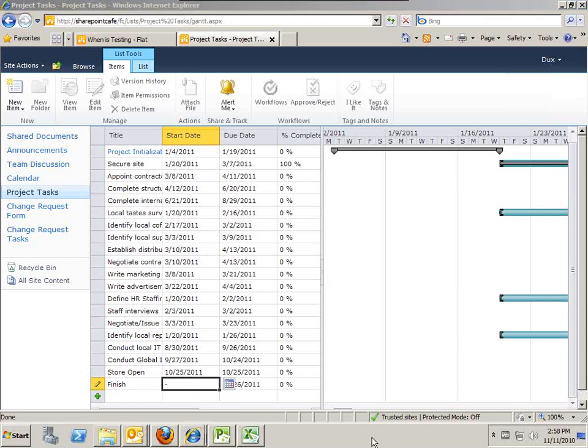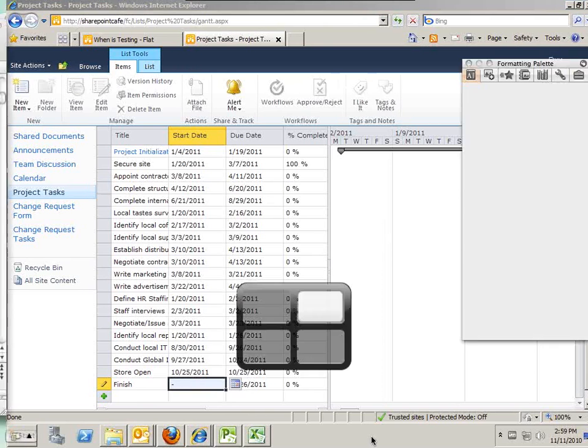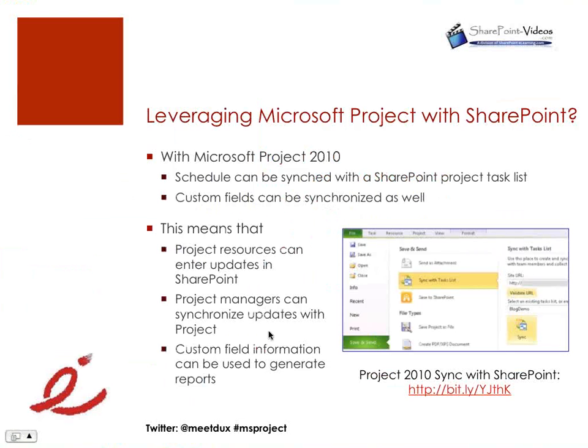And I think it's great because a lot of times this is, at least at maturity level 1 going to level 2, some of the basic things project managers are looking for without any of the fancy, sophisticated tools. And that's the beauty, again, of Project 2010 and SharePoint together. Now,